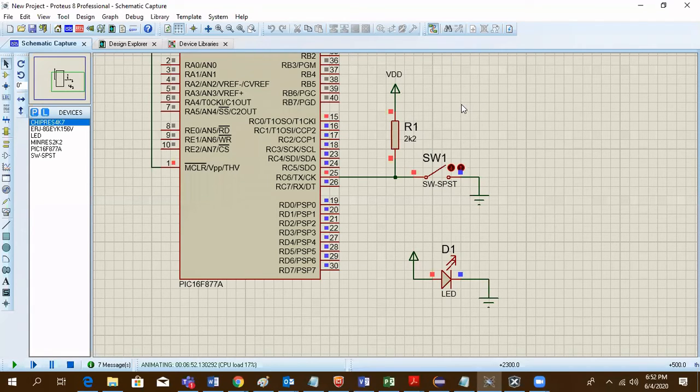We will now see how to configure a particular port pin as an input port. We are going to configure RC6 as an input port. This RC6 is connected to a pull-up resistor. By default, when the switch is not pressed, you will have a logic high here. When the switch is pressed, the port value becomes 0. So when the switch is not pressed, it is high, and when it is pressed, it is logic 0. We will see how to configure this in code, read the input port, and take action based on the input value.